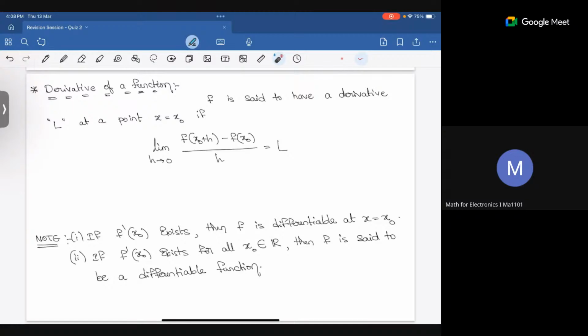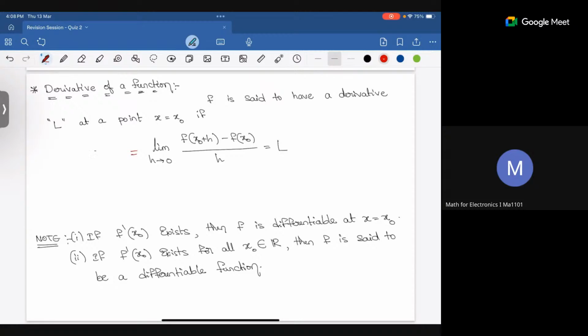Basically, the ratio of rise over run: how much change is happening in the function value when we change h units on the x value. If this exists and equals L,